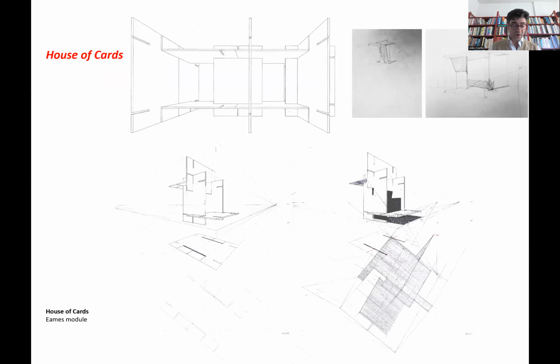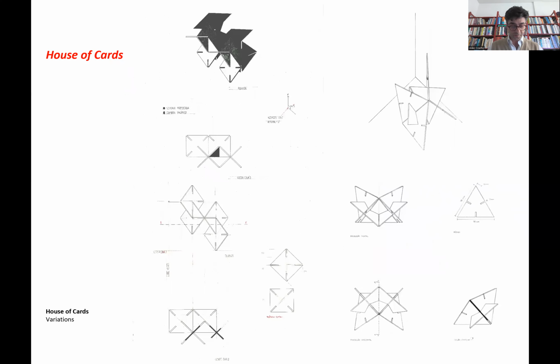The house of cards work sequence departs from the structure designed by Ray and Charles Eames to explore the potential of modular combinatorial. The modular structure serves as an exploratory trial where, through application of linear perspective, it is possible to verify its metric properties, spatial qualities, infinite combinatorial, and tectonic expression.